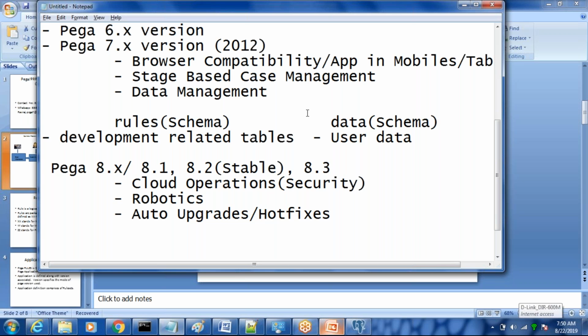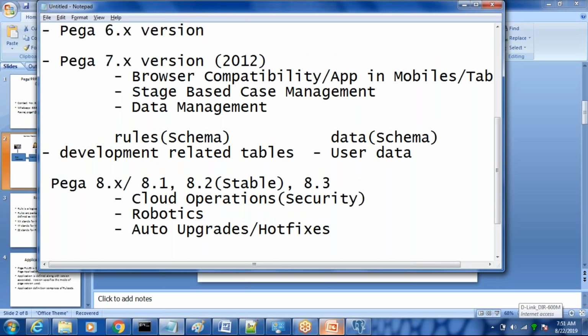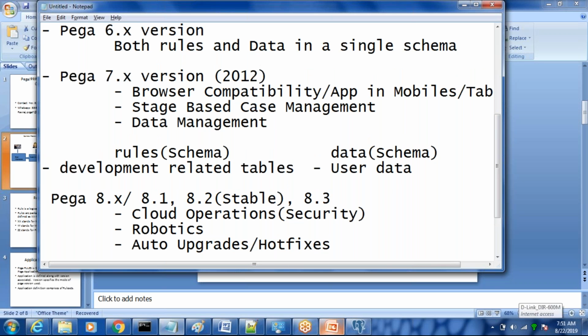So we have two different schemas in Pega 7.x, whereas in Pega 6 version, we have only one single schema. Both rules and data are maintained in a single schema itself. Whatever the rules, whatever the development, and whatever the user data, both are maintained in a single schema.